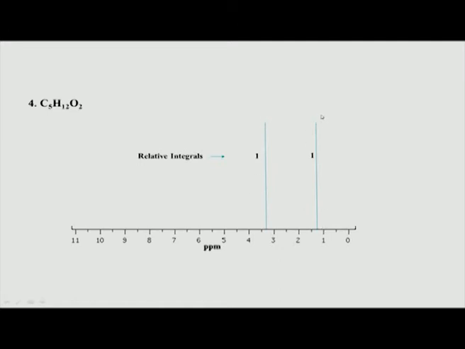Now, if there are 6 protons here, how can 6 protons come under one peak? It automatically means there are 2 CH3 groups, 2 methyl groups, corresponding to one particular peak here, and another 2 methyl groups corresponding to this. So, that is how we have to interpret it, because there are 6 hydrogens. If I take 6 hydrogens here, they have to come from 2 methyls. Similarly, 6 hydrogens here have to come from 2 methyls.